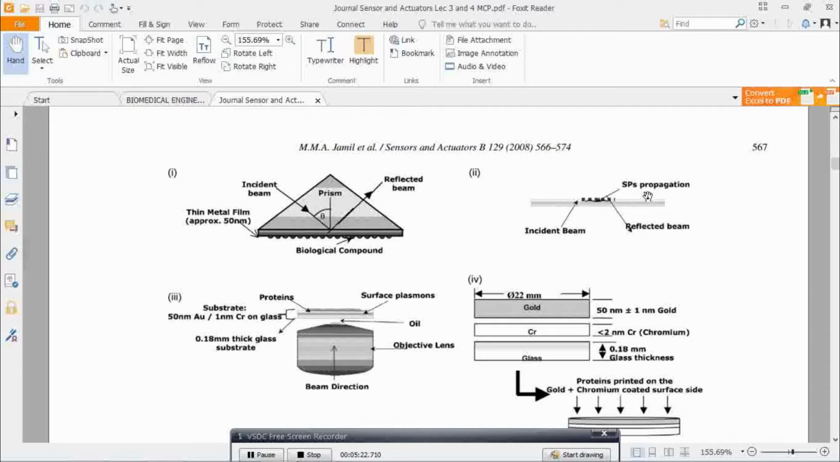This is the system that we will use, the wide field surface plasmon system. So in figure number 3, this is the objective lens. Then we have oil. This oil means the lens is an oil immersed objective lens. So you have the oil actually touching the glass side, and then you have the 0.1 mm thick substrate, and then you have the coatings of